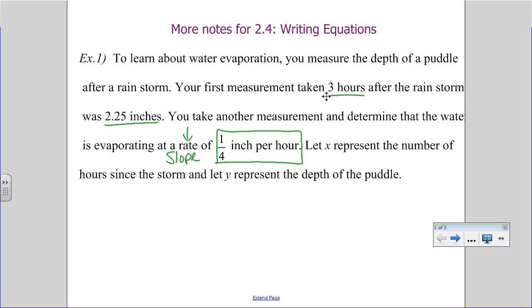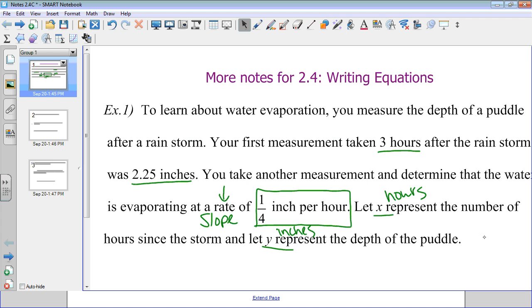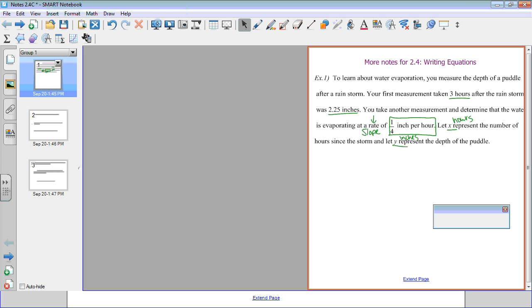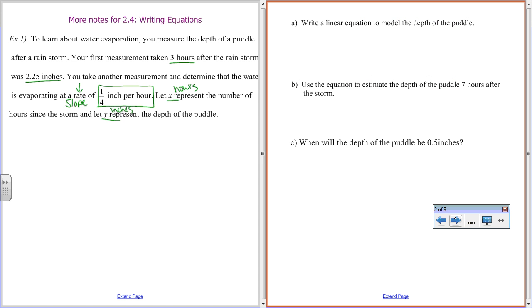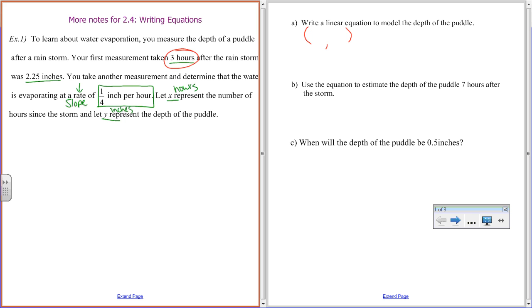It says let x represent the number of hours, so x is hours. And let y represent the depth, so y is inches. Now the reason that's important is that I'm going to do a split screen here and we're going to try and write an equation. As I write that linear equation, because I have a slope, I have to be able to pull together an ordered pair, an x comma y. X is hours, so this 3 hours is our x. This 2.25 inches